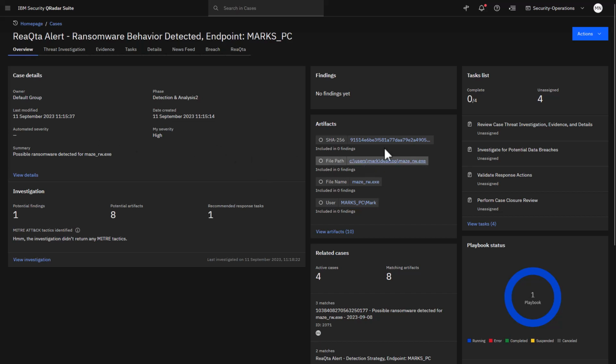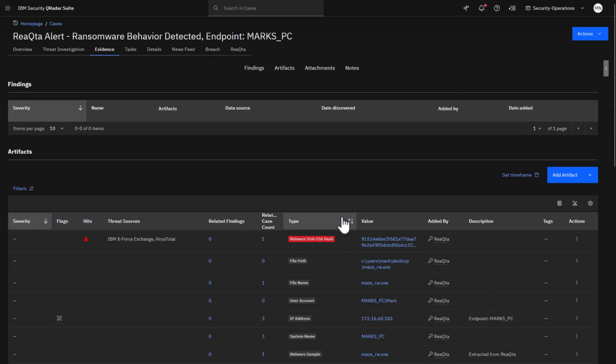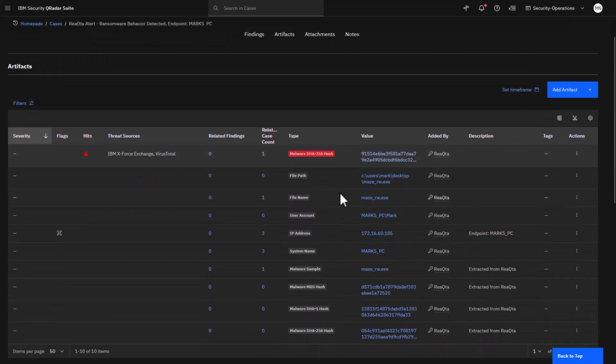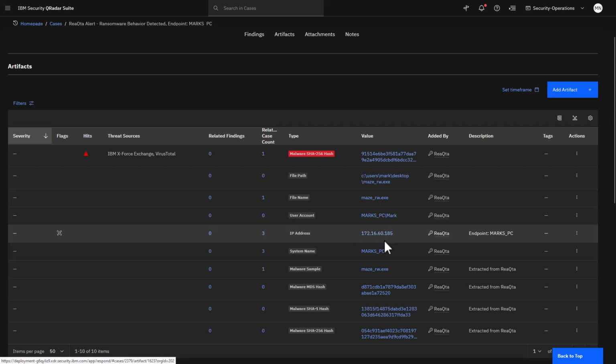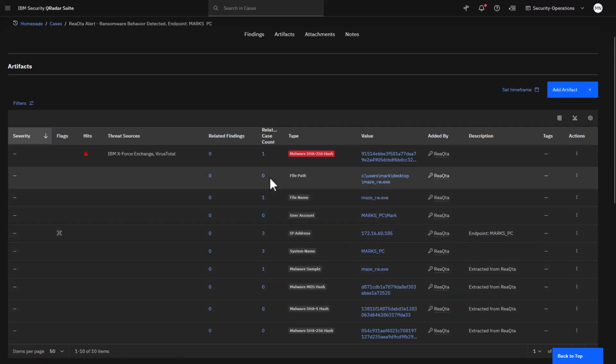We created the case, but we also loaded all of the artifacts in here. So if you drill into that tab, we call this the evidence tab, the artifacts are listed right here. We can see the actual file that ran and the value of the hash that lets us know it's malware. We can see the IP of Mark's machine and some other information. All this was done for the SOC analyst without them lifting a finger,